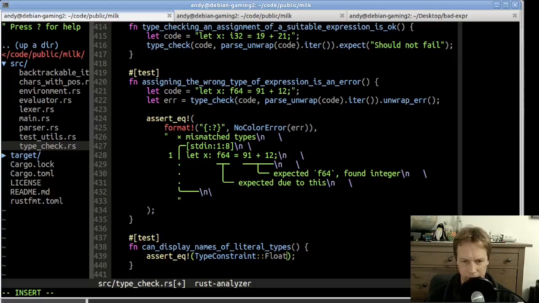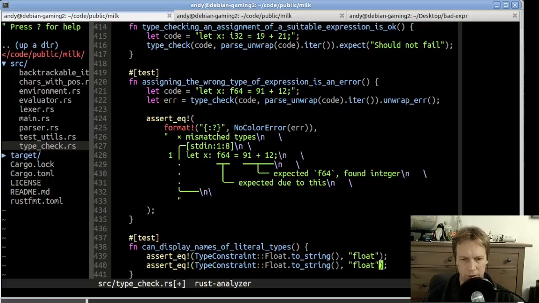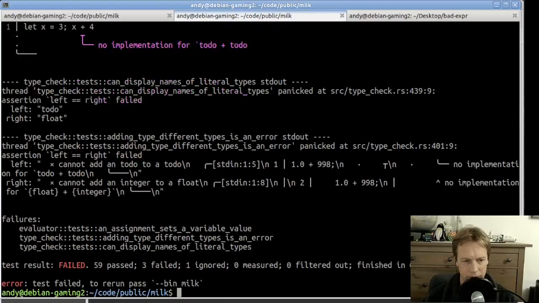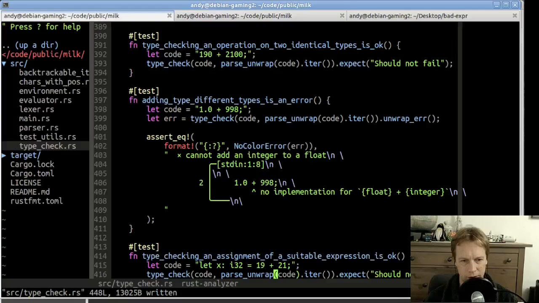So type constraint float.toString should come out as float, and type constraint int.toString should come out as integer. Maybe we should have called this integer instead of int. So that should fail because they both come out as to-do. So let's make them pass